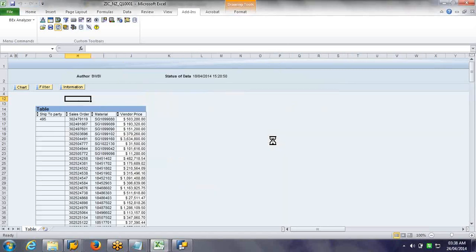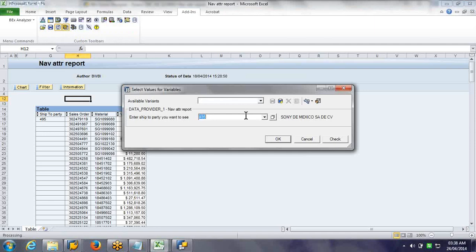We defined it like that. Now after running this report, if he wants to run for any other customer, he should just click on this button beside the refresh, the variable screen. He need not reopen the report, just click on the variable screen and give another customer, another sold to party.